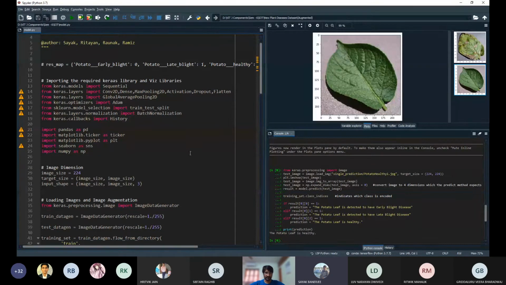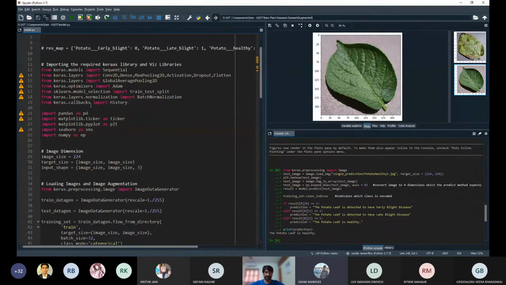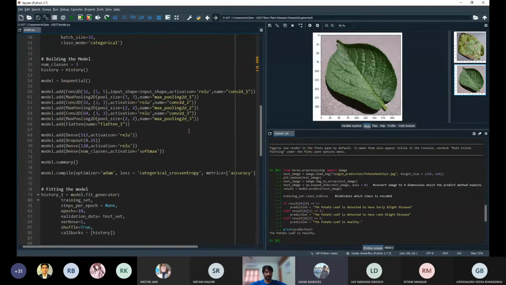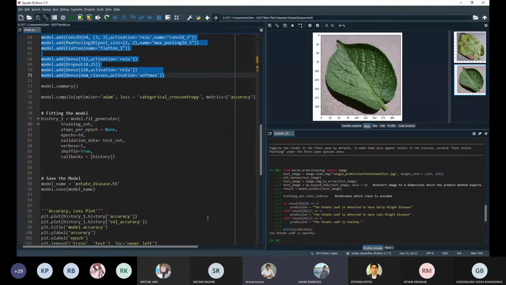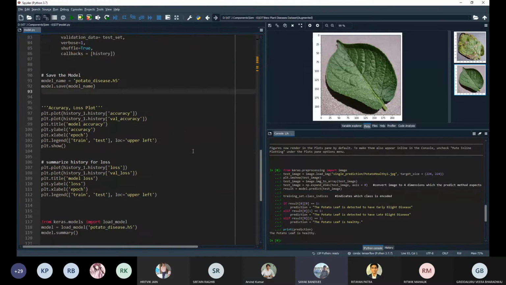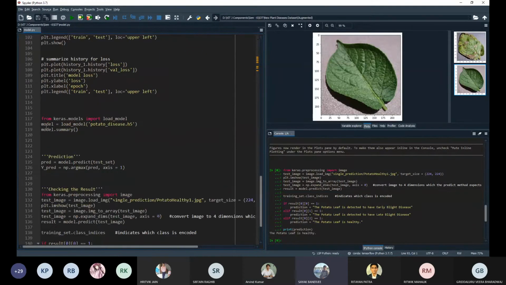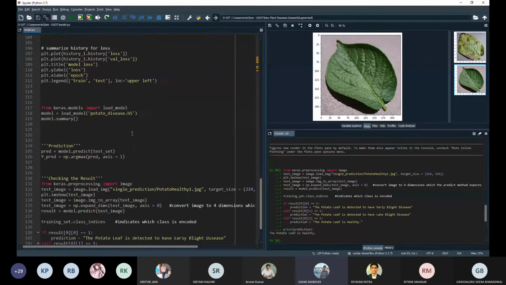Can I start, sir? Yes, you can start. So, sir, basically this is the code that we have written. This part is the deep learning model, which we already showed you in the PPT. We have compiled it, sir. Since it takes a lot of time to compile, we have saved it, and now we will be importing the file. I have already imported the model that we saved.